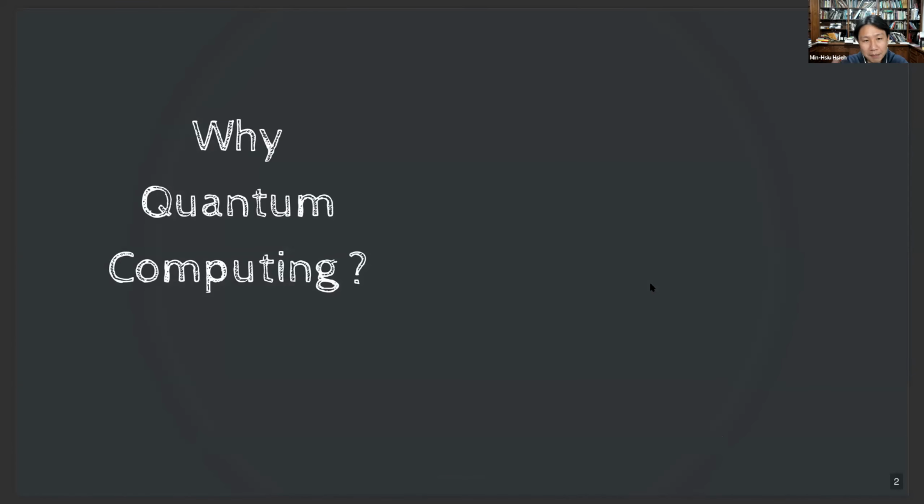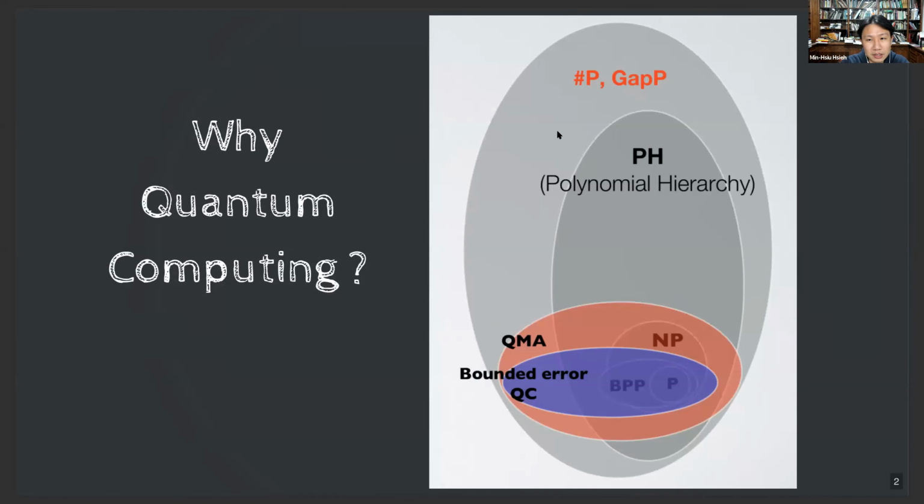So before we dive into the topic of quantum neural networks, let me remind you why quantum computing matters. Why do we care about quantum computing? It all starts with this very nice figure, this complexity picture. We all know the famous question P versus NP, and we know that P can be generalized to the bounded-error probabilistic polynomial class, BPP. Problems that lie in BPP can be efficiently solved given a classical computer. And when we have a quantum computer, we can naturally generalize the definition of BPP to BQP, which is this purple circle. And a lot of effort in the past 40 years has gone into trying to understand the boundary between